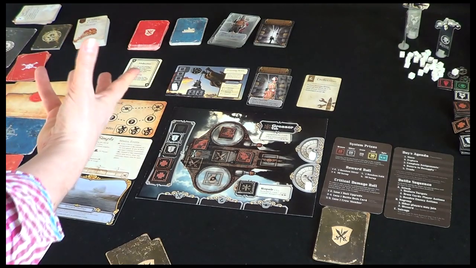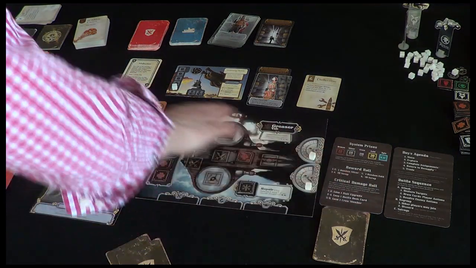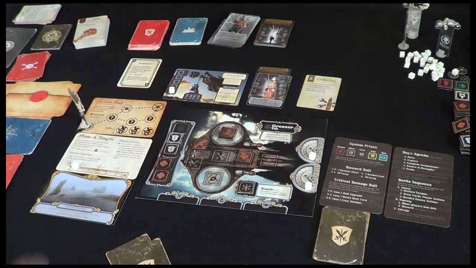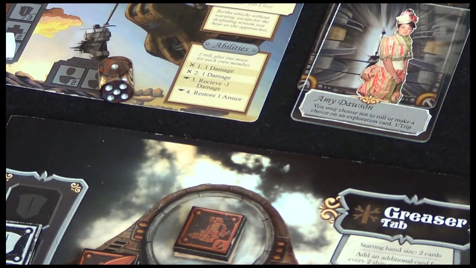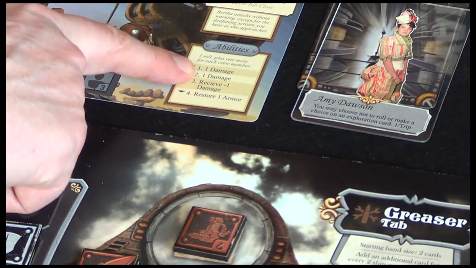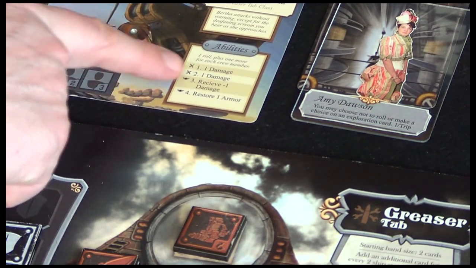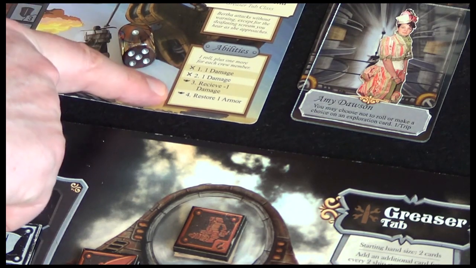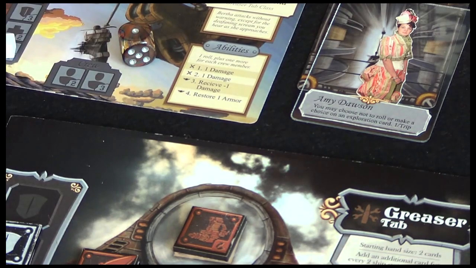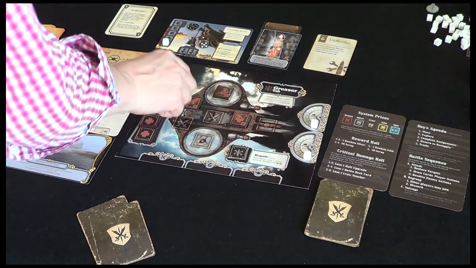Now it's time to resolve the enemy actions step, and they have an ability here. This ability is triggered by a die roll. So we grab a die, roll, and it's a 1, and it says 1 damage. Okay, 2 is 1 damage, 3 receive -1 damage, so they kind of do a tech, and then 4 is restore 1 armour. So I'm going to take 1 damage, which would normally knock out